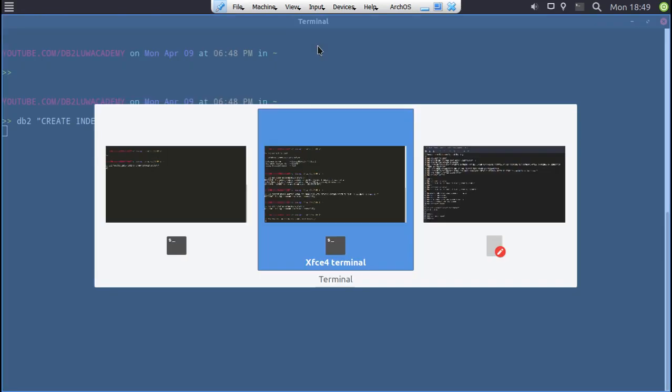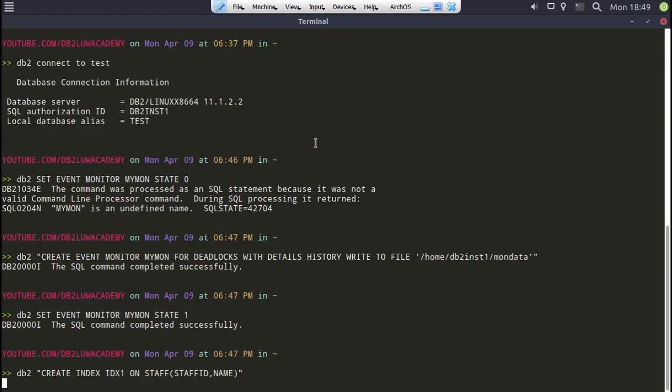Okay, so both the indexes are now being created, but there will be a deadlock situation that should occur. We'll have to wait it out. There's no other way. So the question is why I'm doing this event monitoring: once we capture the event monitor, we can see all the details,